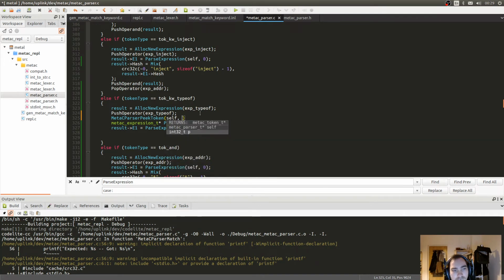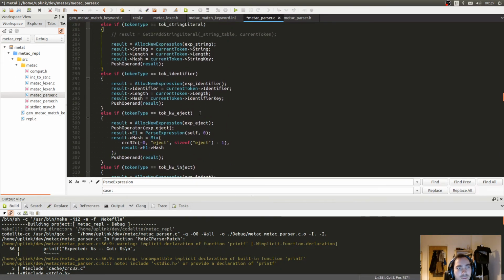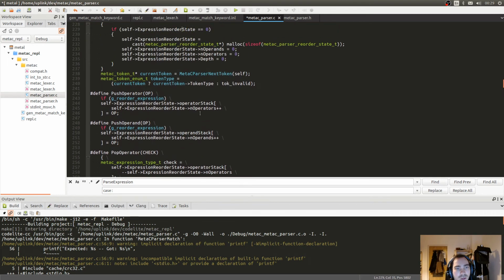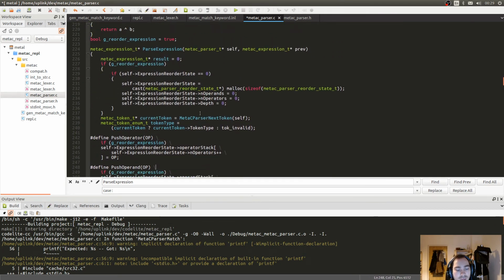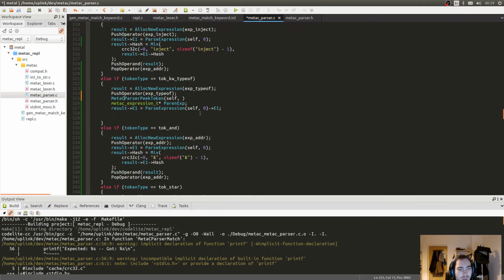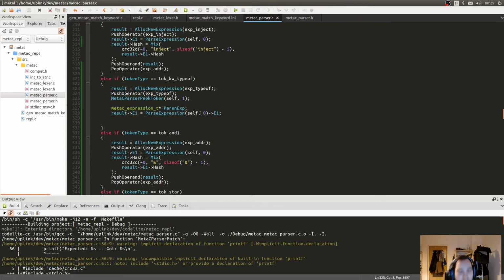Self. Is it called self? Parse expression. Does parse expression have the self? Yes. Meta parser peek token self, and I want to peek one token ahead, and then I say